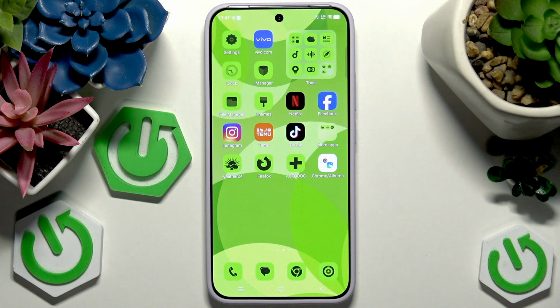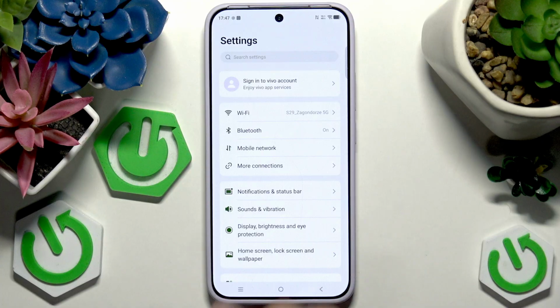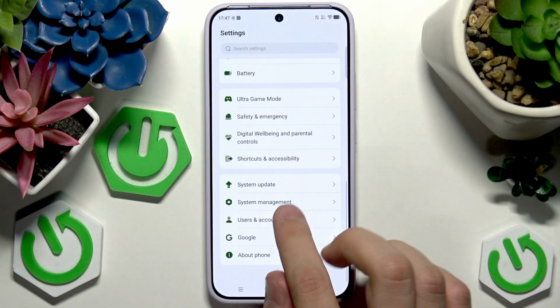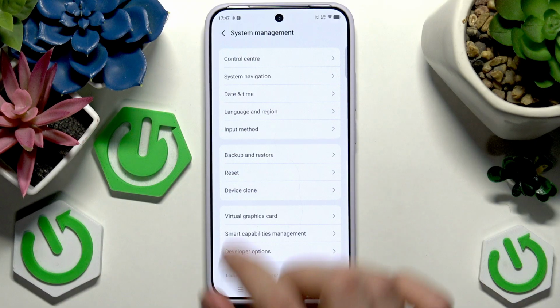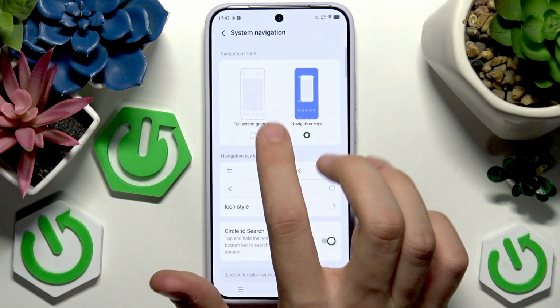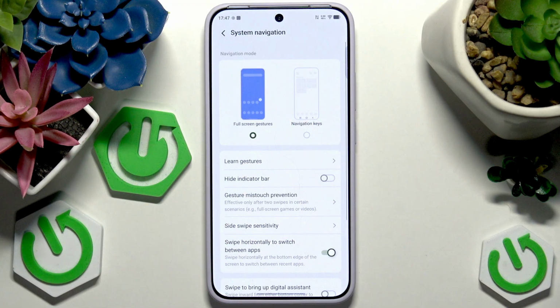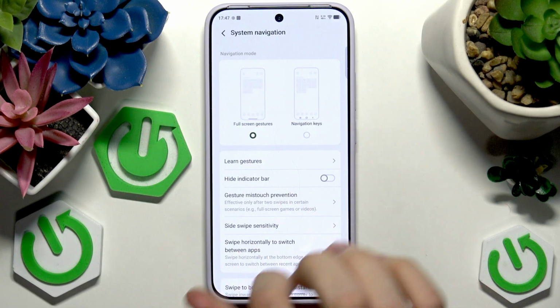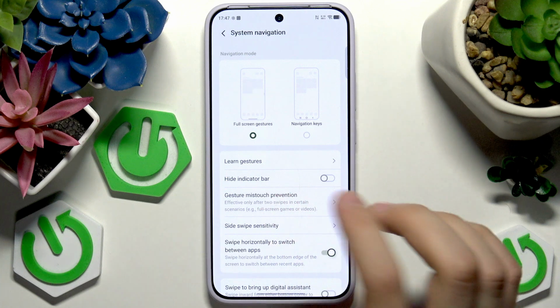And first thing, to enable this mode, go to settings, scroll all the way down, tap system management and tap here system navigation. As you can see, you're going to tap here full screen gestures. Now you can learn them. Of course, you should see here a prompt to see a tutorial, but if you miss that, you can here